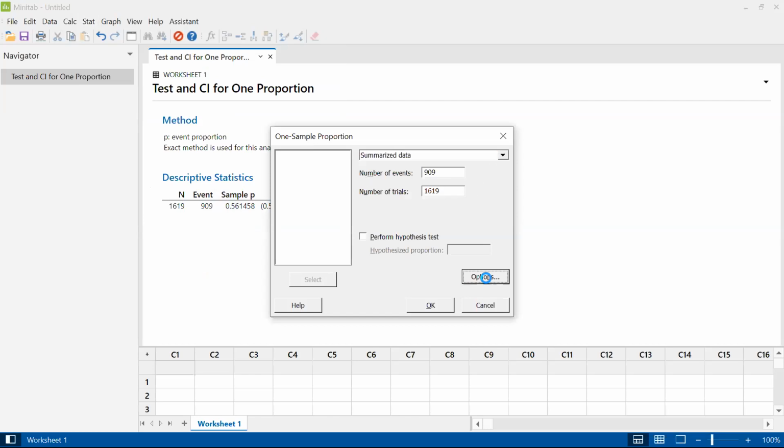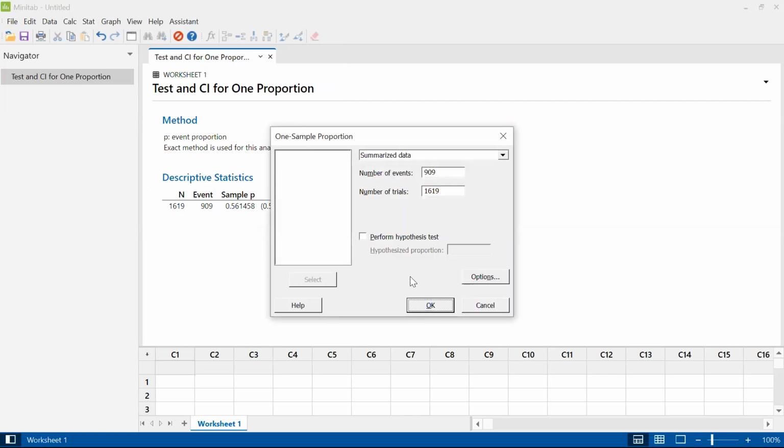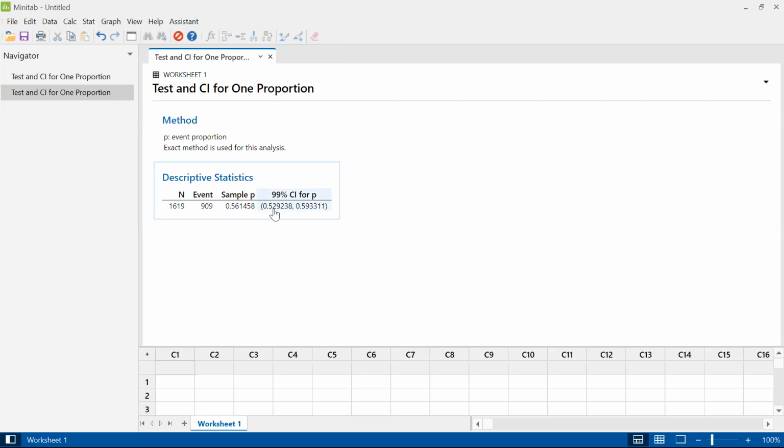So I'm going to change this to 99%, just so that now there's only a 1% chance that we're wrong, and hit OK. And so that flipped the number. Now it goes down to 52.9. He still wins, and now there's only a 1% chance we're wrong, and half of that 1% is that he won by even more. Okay, so you can see how CNN would be confident enough to say, we are calling the race for Bob Casey.